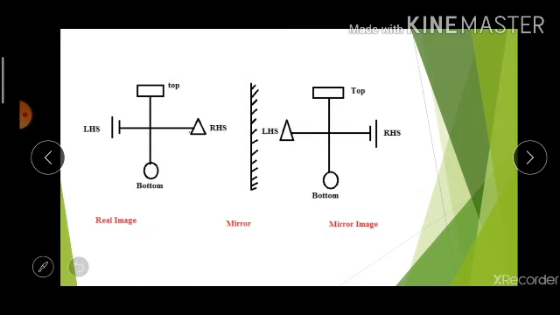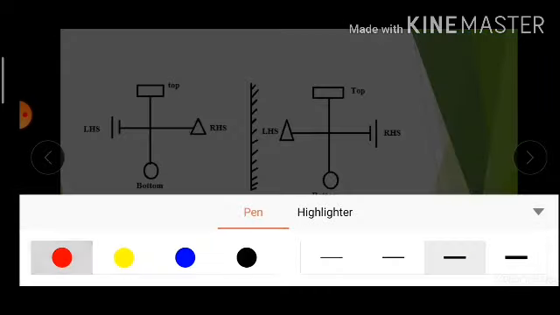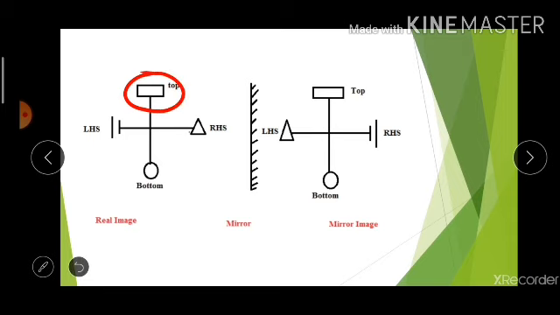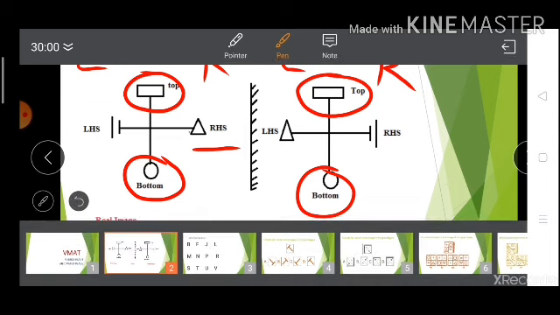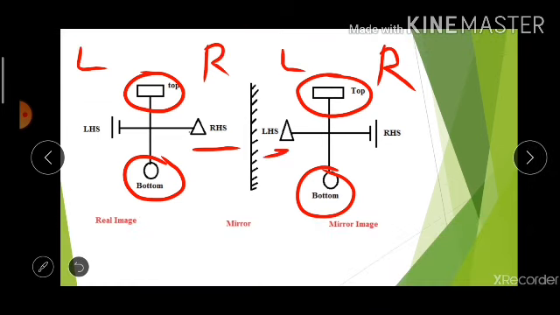As you can see in this image, the top and the bottom of the figure in the mirror image remain the same. Here, the top figure, which is a box, will be the same in the mirror image. The bottom figure is the same in the mirror image. Now as you can see, the left hand and the right hand side are getting interchanged. In the original, the real image, the right hand side was a triangle. In the mirror image, what you can see is the left hand side of the figure is the triangle.